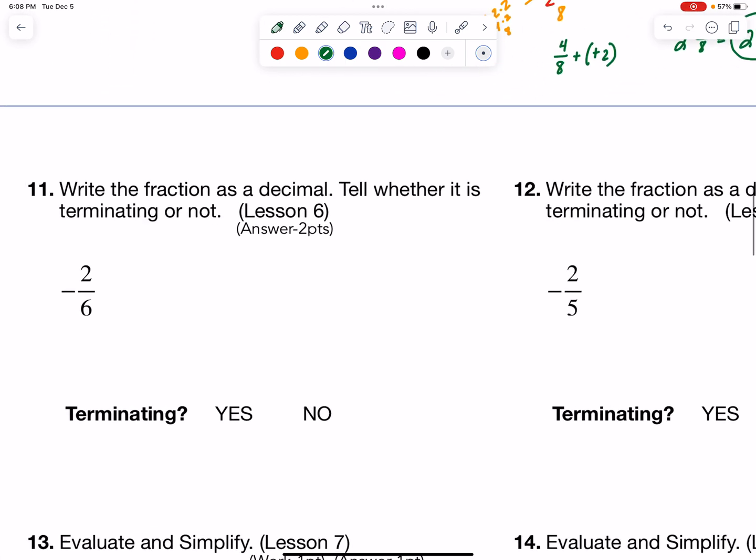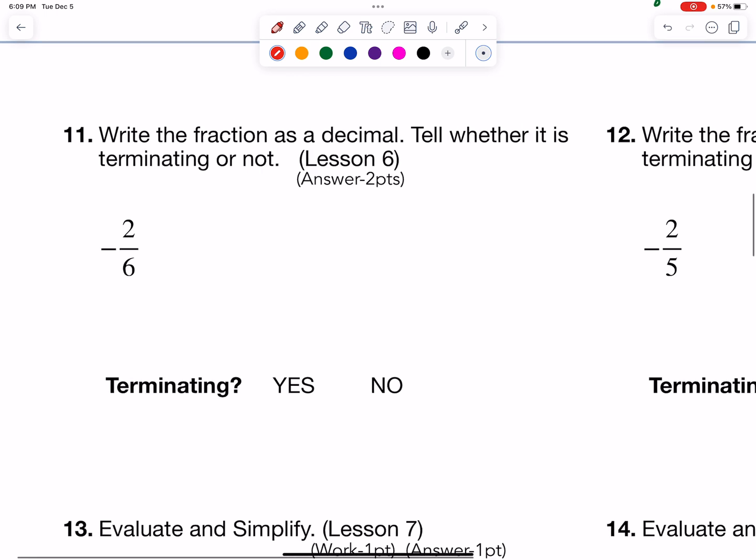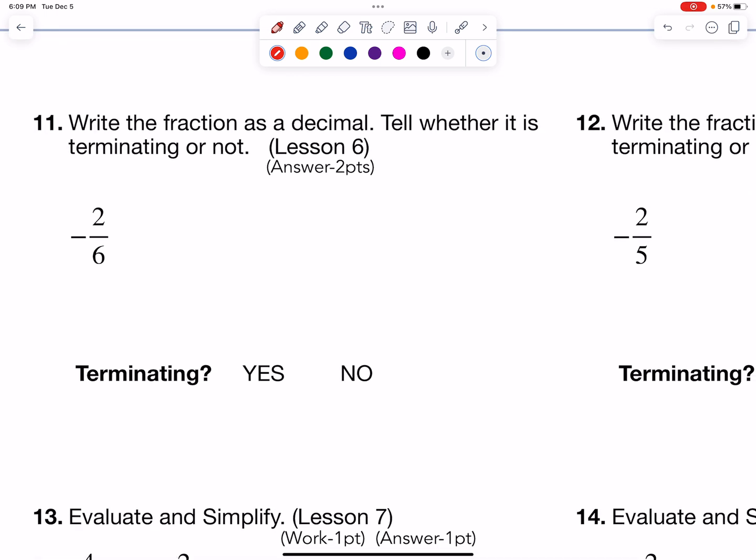All right, number 11. Write the fraction as a decimal. Tell whether it is terminating or not. Okay. You can use your fraction decimal charts for these things, and they are in there. We have -2/6. We have -2/5. If you take a look at the -2 divided by 6, and we take a look at your fraction to decimal chart,